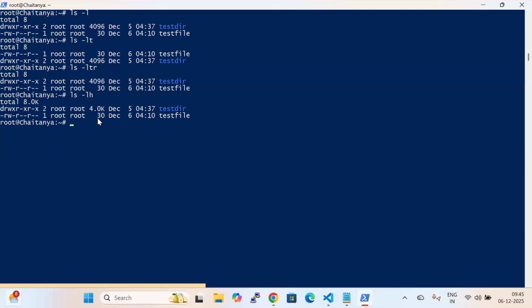When you give this, it is going to show you in the human readable format. The test directory is of 4 KB and the test file is of only 30 bytes. Okay, so that is how you can read in the human readable format. In the same manner,